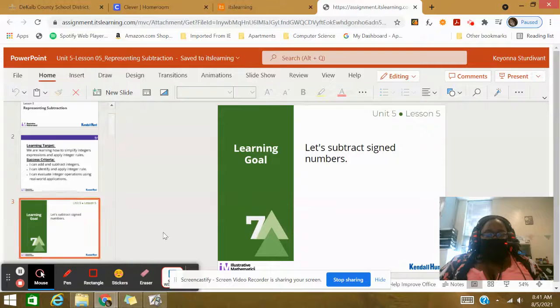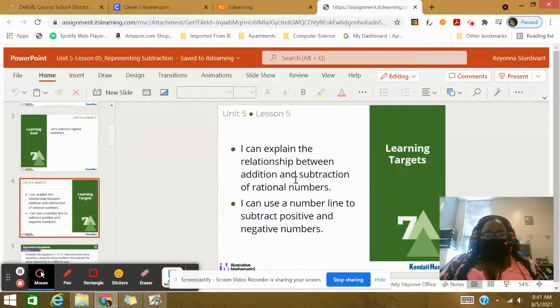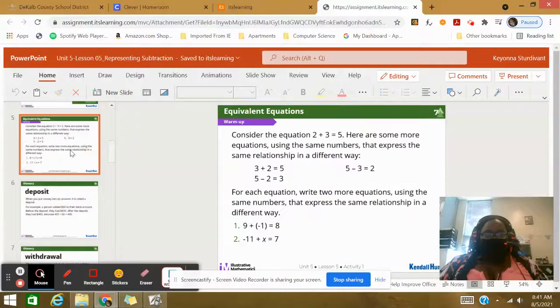The learning goal for this lesson says let's subtract signed numbers. And the learner target says I can explain the relationship between addition and subtraction of rational numbers. And I can use a number line to subtract positive and negative numbers. So here's the warm up for